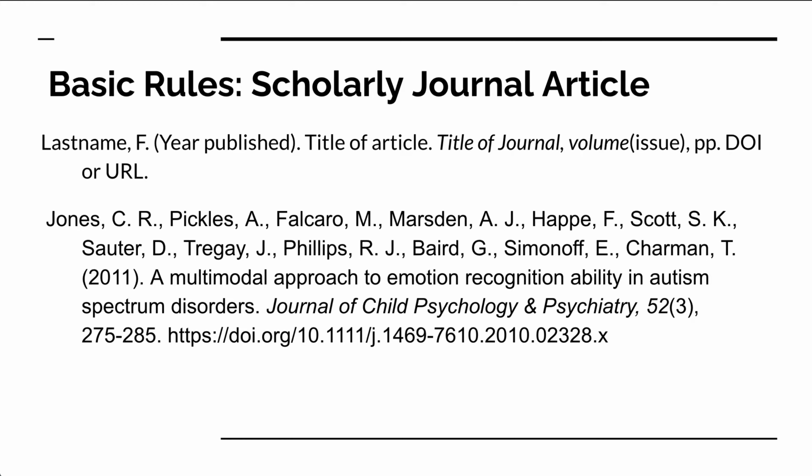And next you have the journal title. For journal titles, you do keep the capitalization as listed on the journal, and make sure you use italics for the journal as well as the volume number. Next to the volume number, you'll include the issue number in parentheses, and notice the spacing. There's no spacing between volume and issue number. Next, you'll have the page range, and after that, the DOI or URL link to the article.